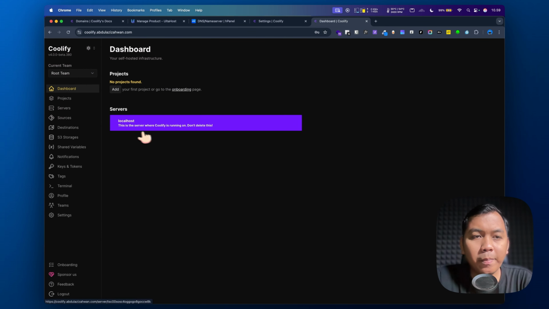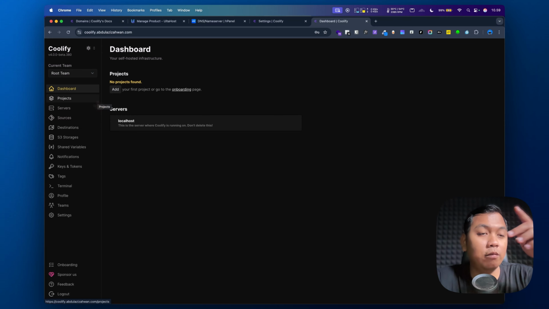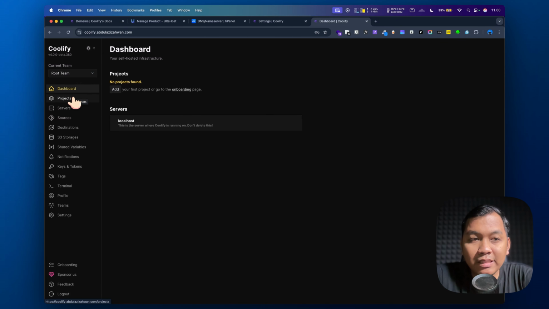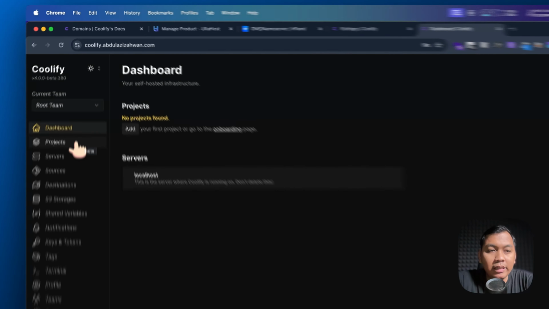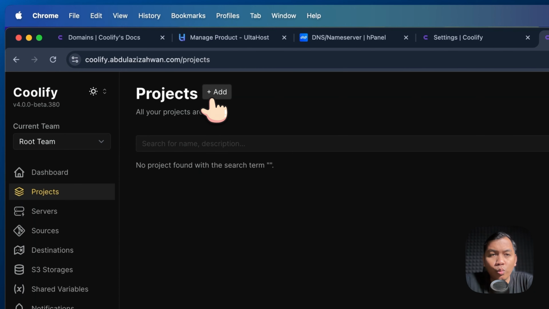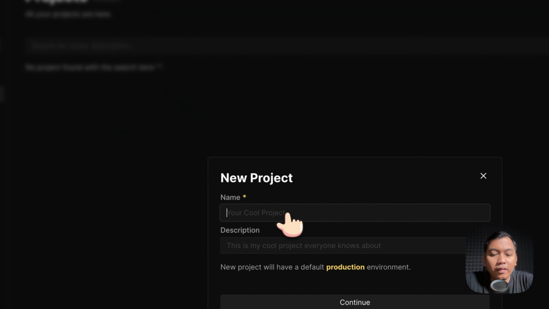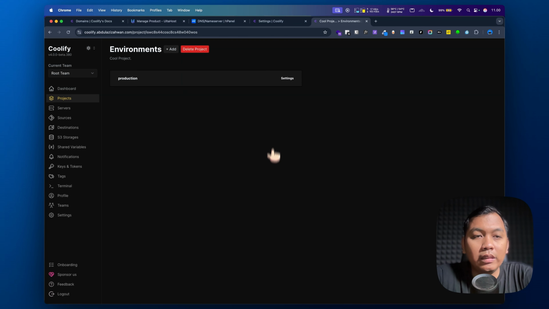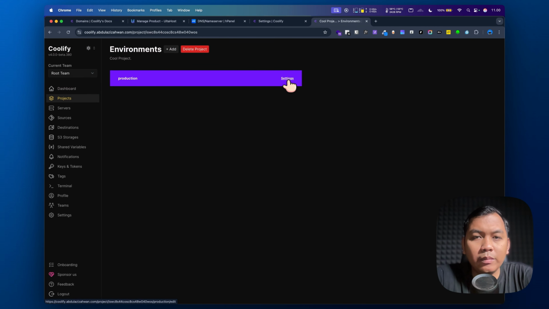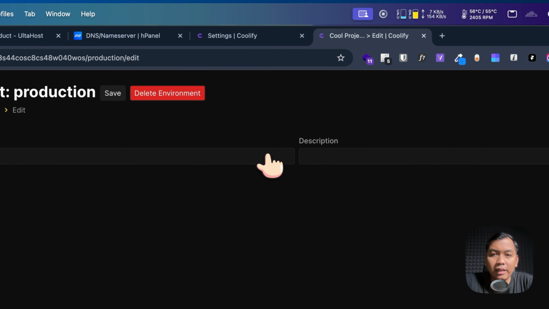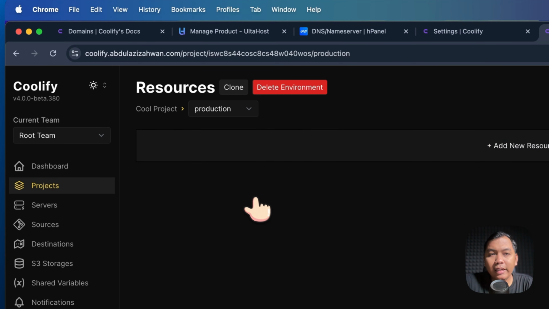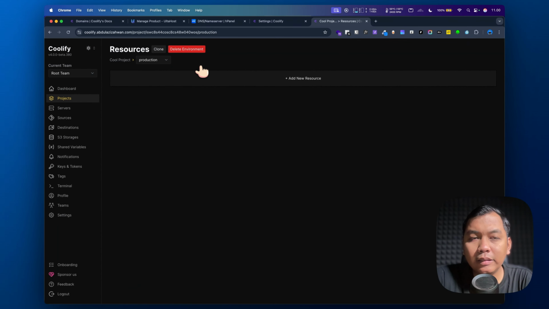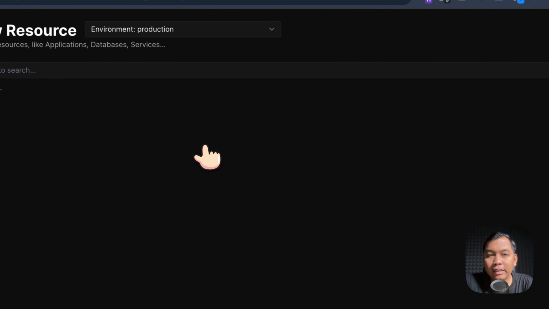Alright, so this is the Coolify dashboard, and as you can see on the left side, we will see server and project. Here we can add a project, maybe for a project, and as you can see here, this is production or development. We can set it here, and the settings. Inside this production, we can add a resource.